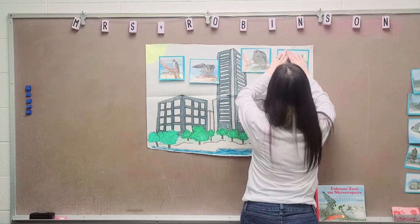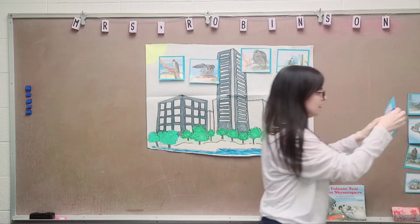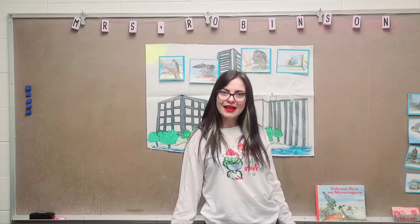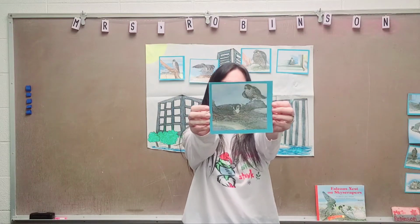Aww. I'm so glad they did their research. Instead of just trying to shoo off the bird, they wanted to learn a little bit more about it, about what kind of bird was on the ledge. So they did their research, and they figured out